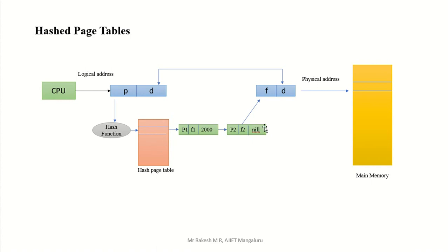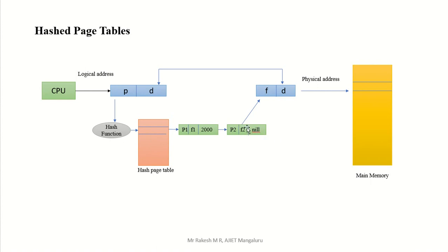So see, check that P2 is there, F2 is there, next is nil. What is the meaning of nil? Nothing is there. So this is your end format, no need to jump again. Consider if we had 1000 there, that means in the 2000 we are getting P2, F2, 1000. So 1000 means we have to jump to the 1000 address for another format. That means this is not the end format. But here we have nil. Nil means actually this is your end format.